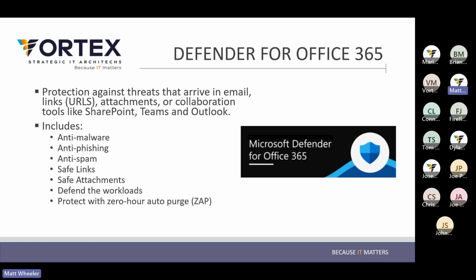Anti-malware is a multi-layered malware protection that's designed to catch all known malware in Windows, Linux, and Mac that travels into and out of the organization. So if you receive malware, you want it stripped from the email. You don't necessarily need that to alert the administrator unless that malware gets through, right? If the malware gets through, you definitely want your administrator to know. That's when you can take a look at the Defender admin portal, find that malware, and actually pull it from the computer after the fact. Also, that's part of the auto remediation. So you may not necessarily even have to do the work for that to happen.